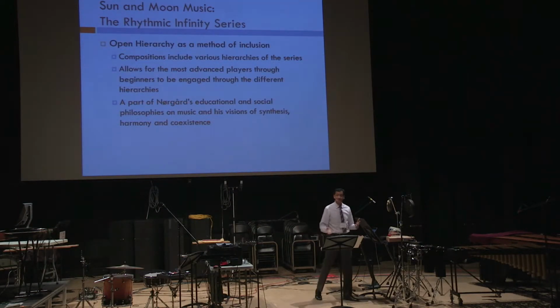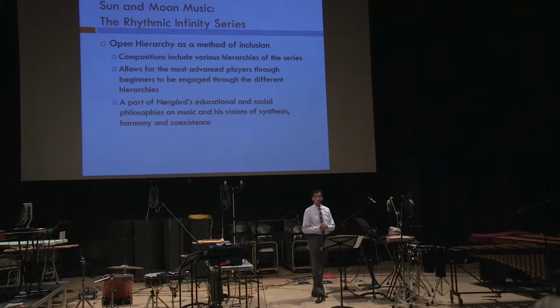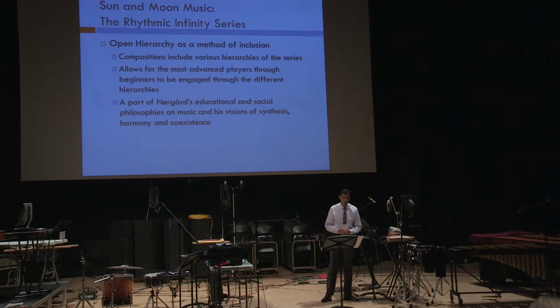So there's some underlying philosophical ideas behind the music of the Infinity series, especially Sun and Moon music, that are very important to consider. In Denmark, the idea of social inclusion and common welfare are deeply held beliefs. One such example of this can be seen in the state-sponsored community music schools that exist for youth and adults to enrich their lives. Neeraj's compositions involving hierarchy in the Infinity series can be seen as a response to this cultural belief. In Sun and Moon music, the most advanced and technically proficient musician can be equally engaged in music making with younger or more amateur players who might play a slower moving iteration of the series, not unlike the gamelan ensemble from Indonesia.